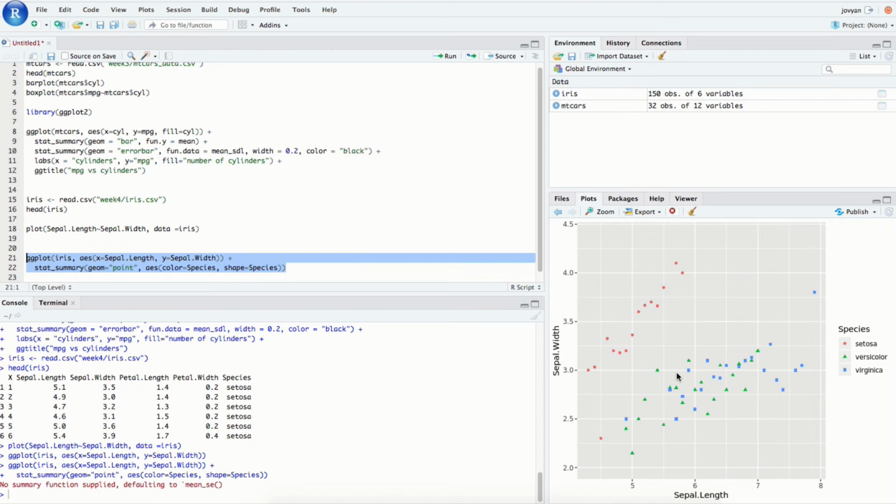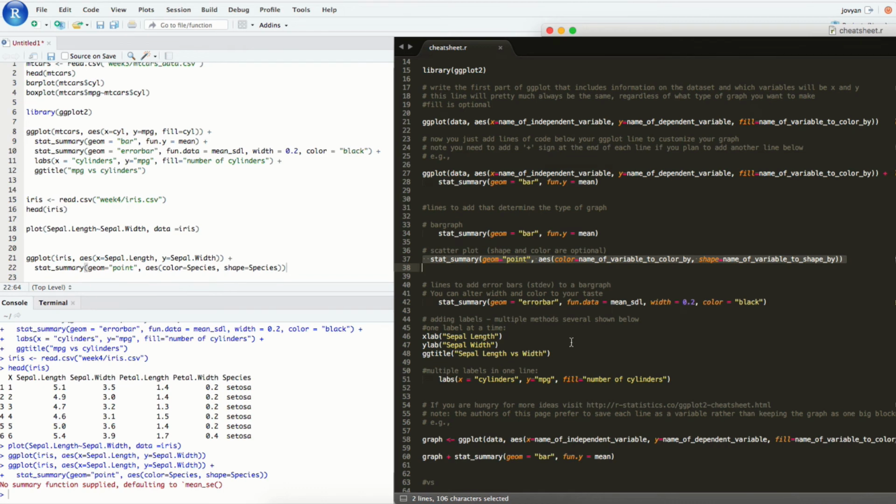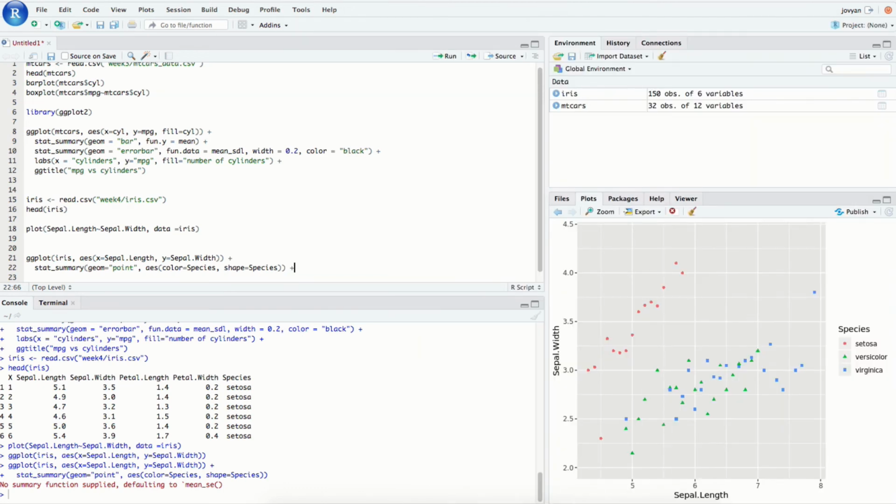All right, let's continue on and repeat what we did before and clean up this graph, give it some of the important pieces we need. We need labels and a title. So this time we'll just do all individual labels. We're going to go plus,